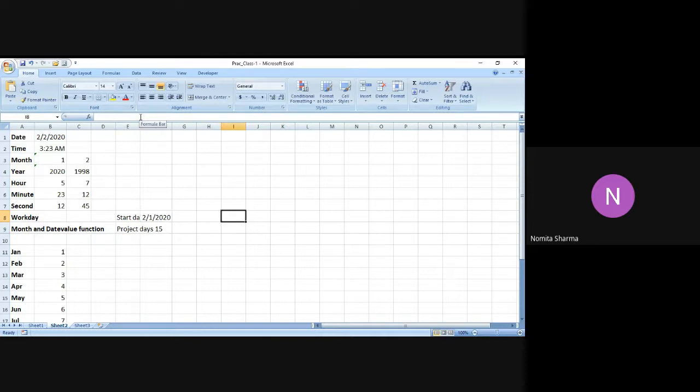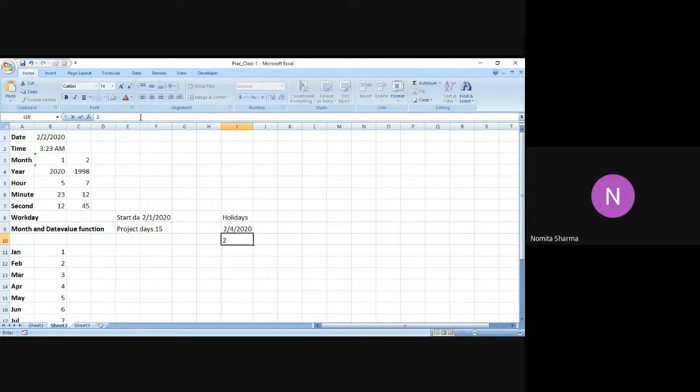And then I write the list of holidays, which I know maybe are going to be there on, say, 2/4/2020. There's another holiday supposedly on 14th. So we have 2020 like this.